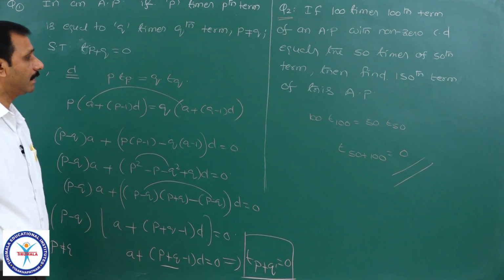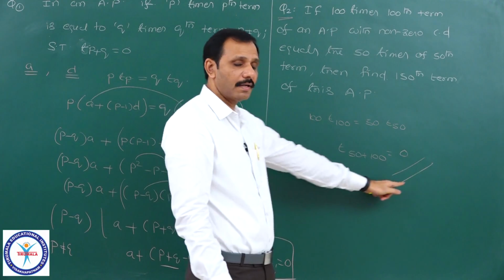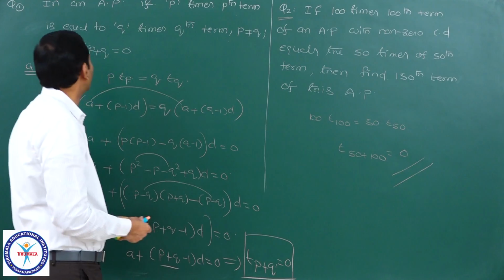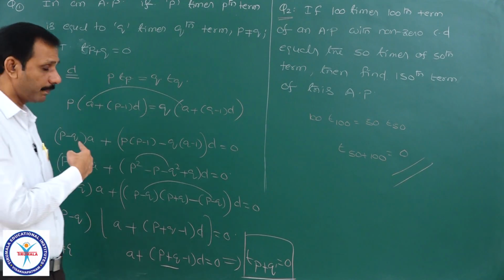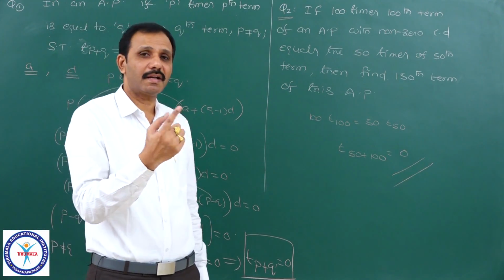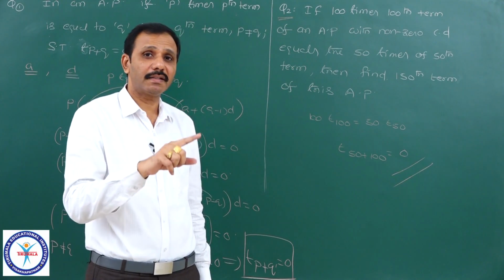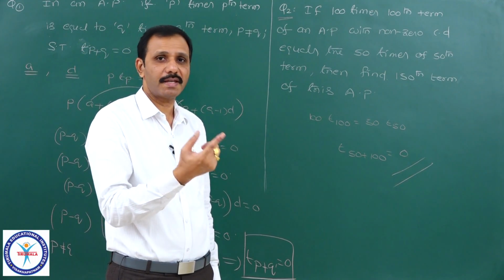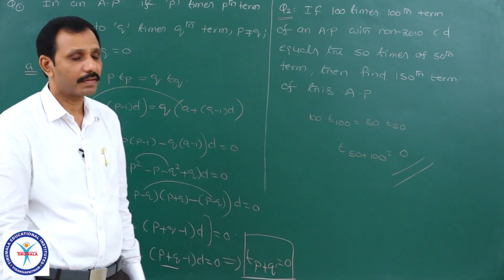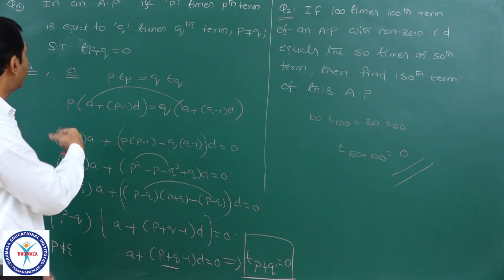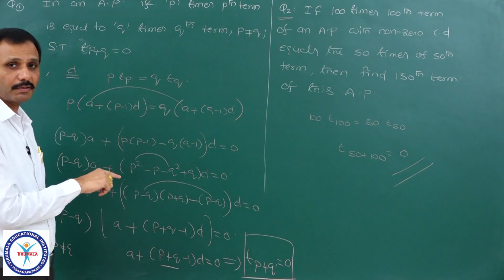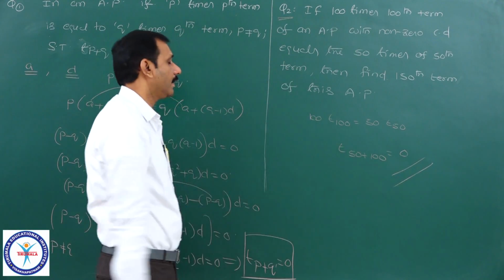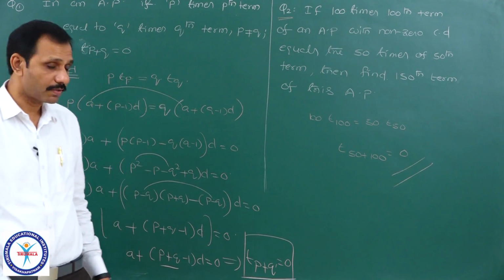If you have an idea about this one, by looking at that question you can answer it, it is equal to 0. So yes, it is required to have an idea about these types of problems. Already we have seen in the previous problem, mth term is n and nth term is m, then pth term is nothing but m plus n minus p. And m plus nth term will become 0 if mth term is n and nth term is m. And here you see, p times pth term is equal to q times qth term, then p plus qth term is equal to 0. If you have this knowledge, that answer you can write directly. Hope you understood this one.